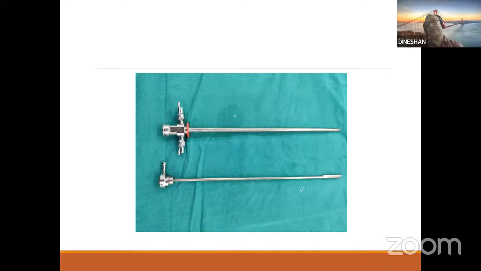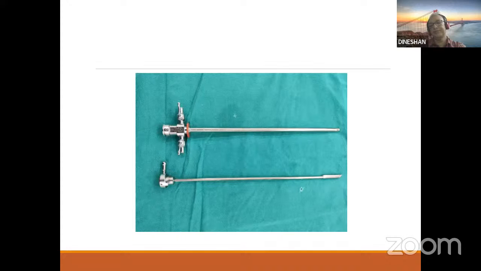To prevent that, you can always use a 17 French sheath, or you have to use a Nickel adapter, or you can use some other instruments where the tip is rounded.